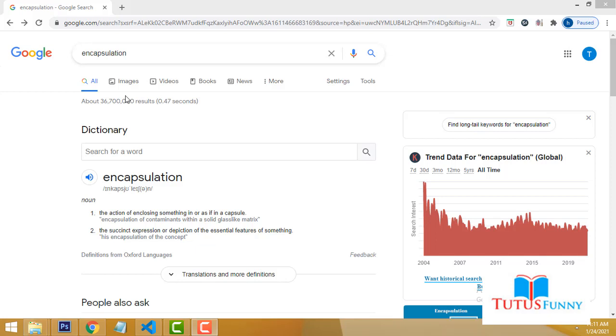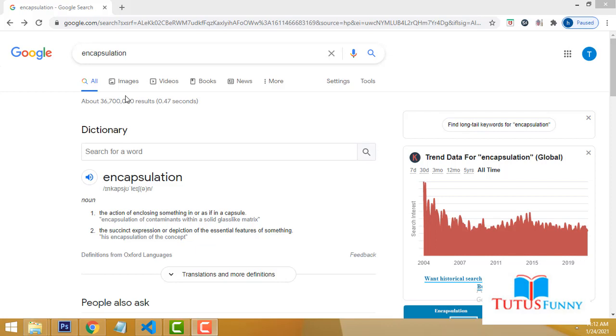Today I am going to teach .NET Core step by step tutorial. We have to discuss the concept of encapsulation. Encapsulation, I hope you all study that. Simply, we have to look at the concept of encapsulation. Data hiding. Data hiding means necessary data will be shown to the people, unnecessary data we are hiding.